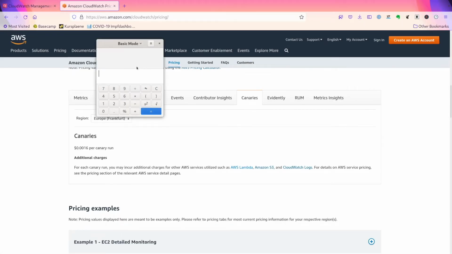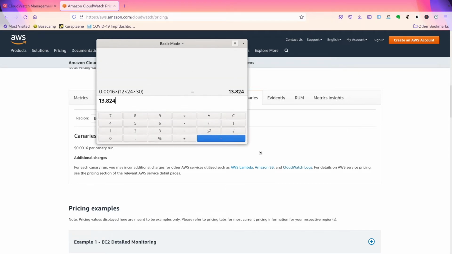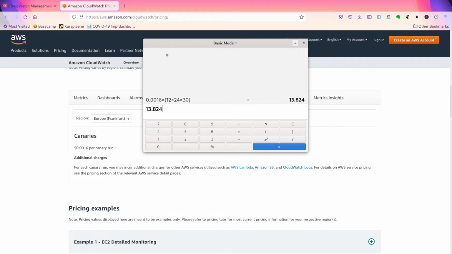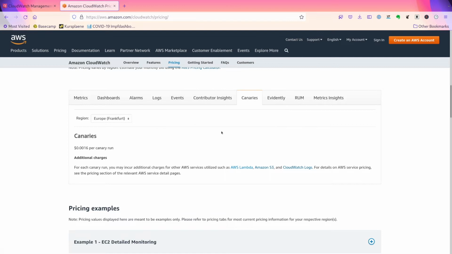We are going to run this canary 12 times per hour, each hour, which gives us the price of $13 per month. If you ask me, I think it's way too expensive for a simple check if a website is up or down. If we run this heartbeat only once an hour, it will cost us only around $1 per month, which is a bit more reasonable, but we will only know that our website is down when the whole world also knows about it.